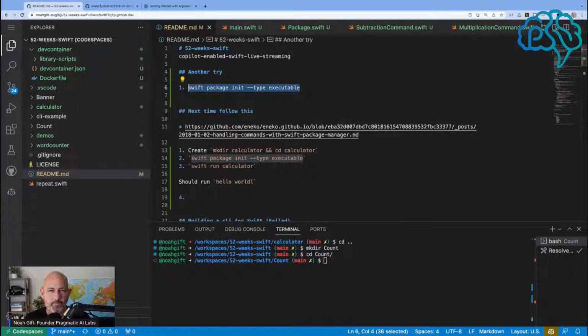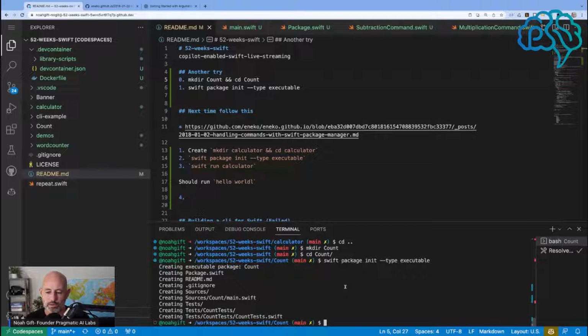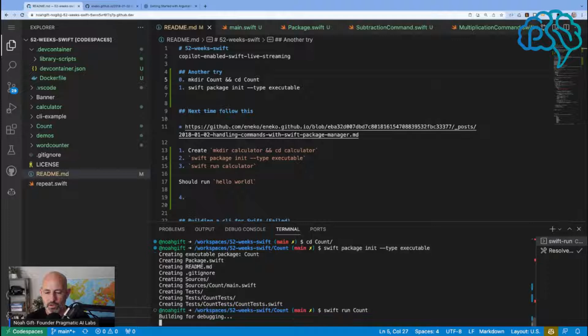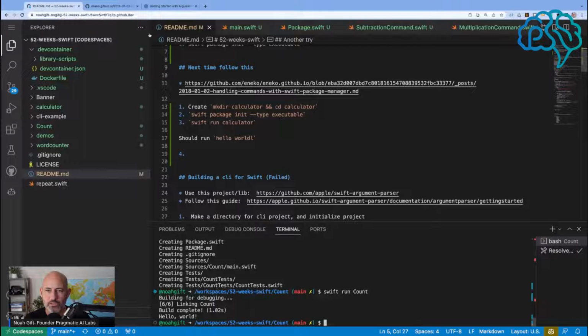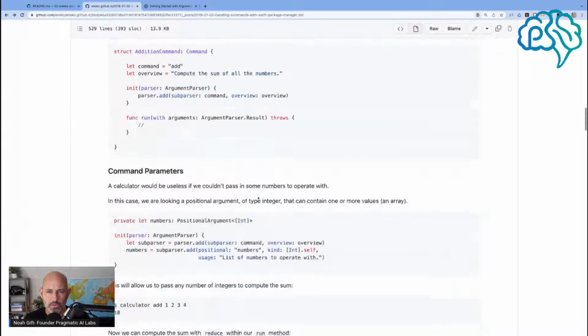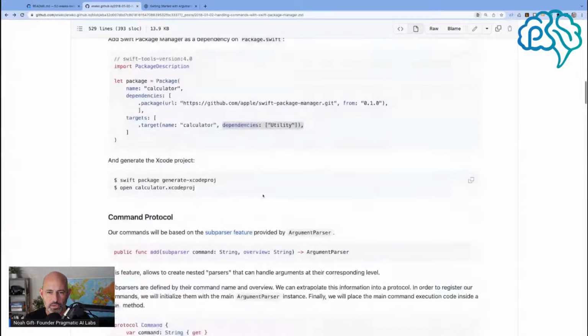Okay. So 0 would be make your count and cd count. So let's prepare real quick. Next step, let's run it. Swift run count. Does it work? It does. But we need to change it so that it will